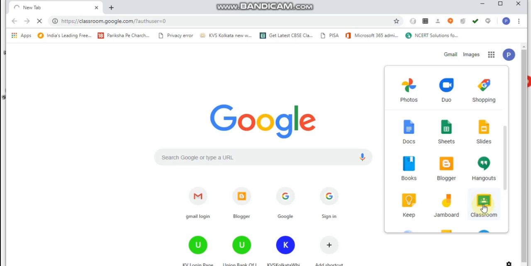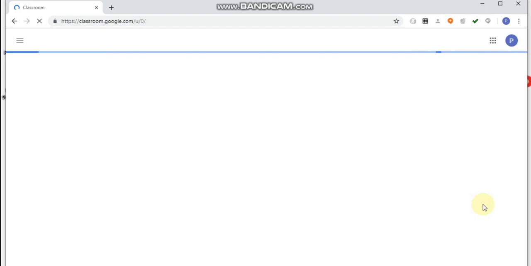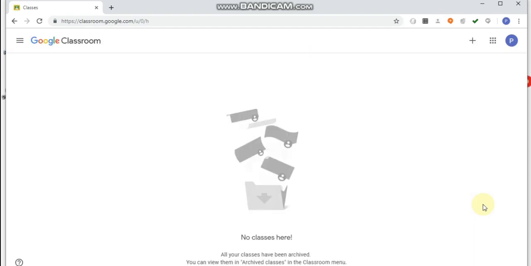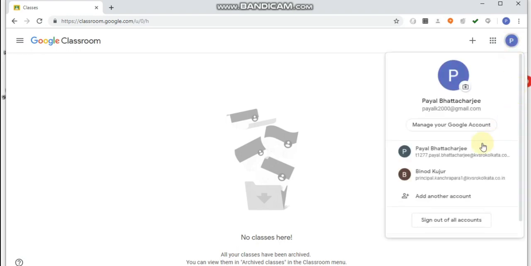So after clicking the Google Classroom, the teacher will enter Google Classroom, where he or she can see the classroom they are teaching. So now you have to change the account.